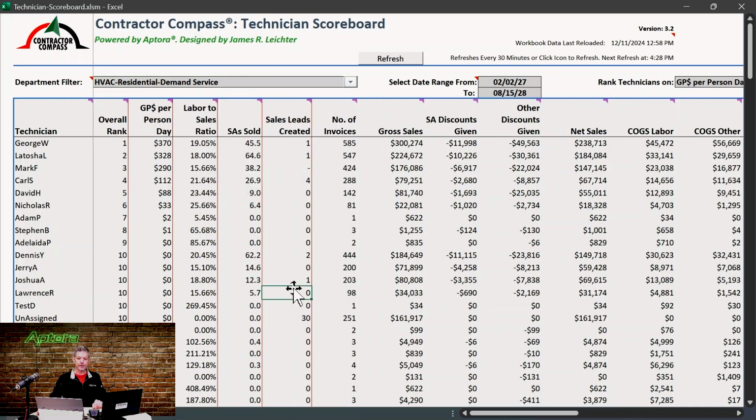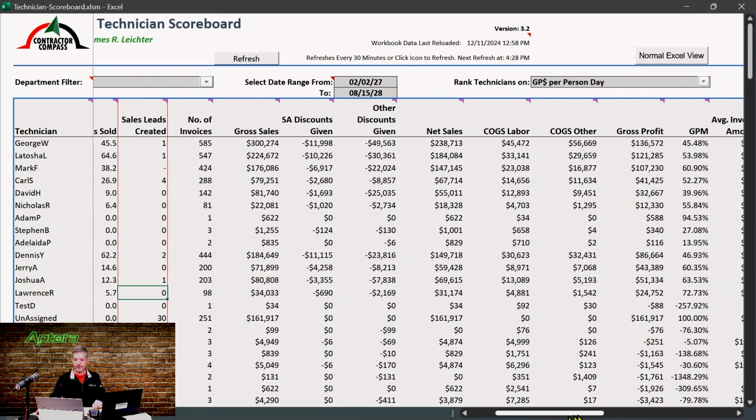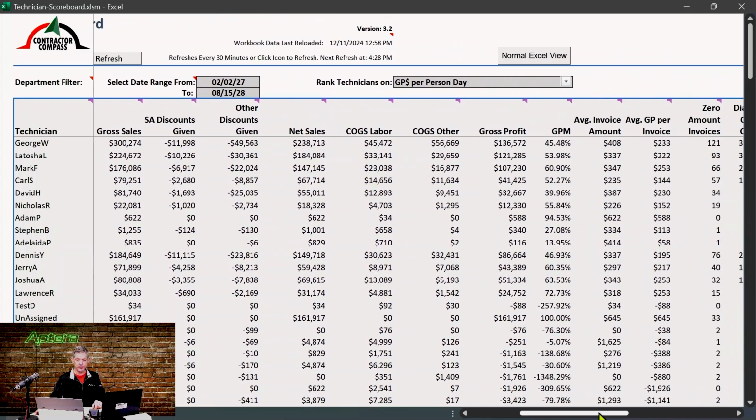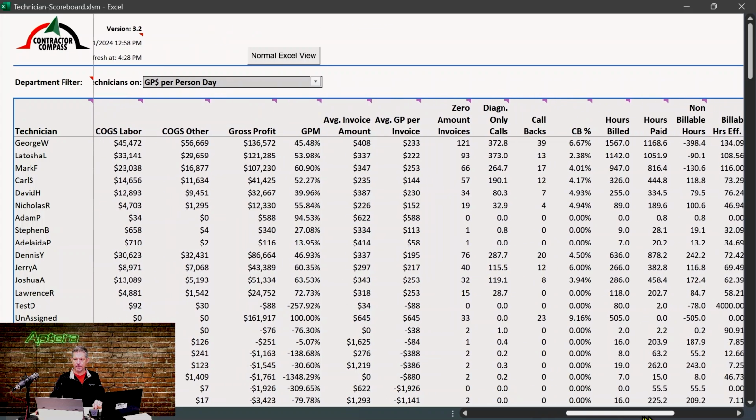You will see gross profit per person day, labor to sales ratio, how many service agreements they sold, sales leads created, the number of invoices, the gross sales, service agreement discounts given, because that's the policy. They shouldn't be penalized for that. Other discounts given that they might have control over, net sales, what were their COGS, labor, cost of goods sold